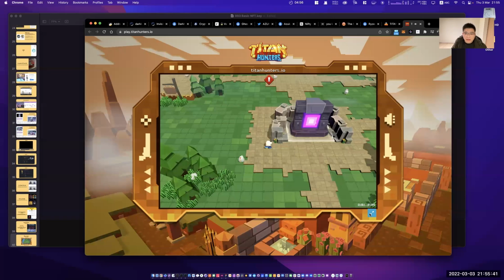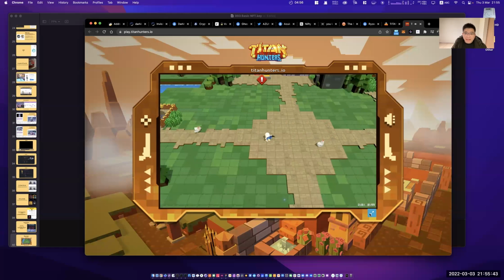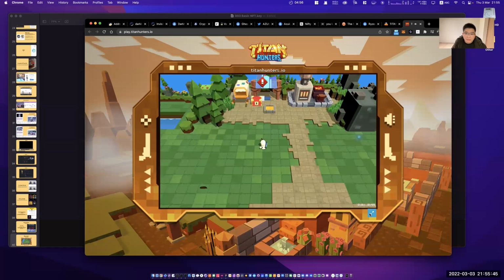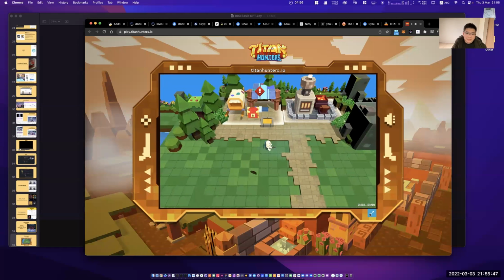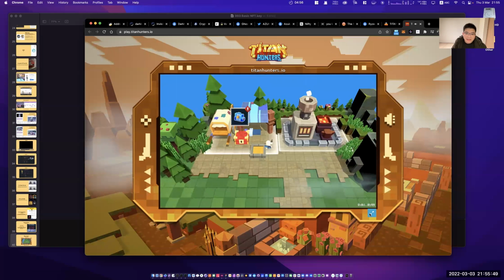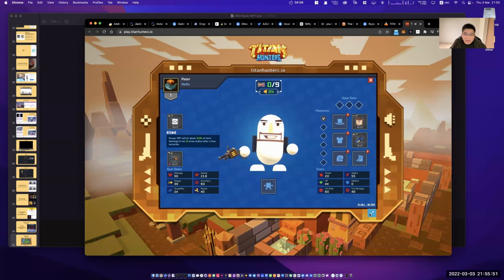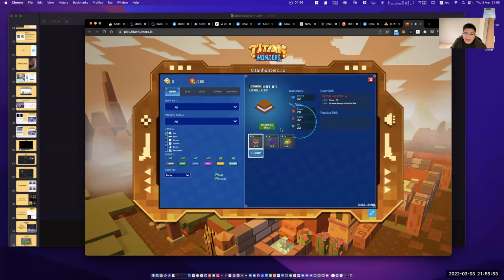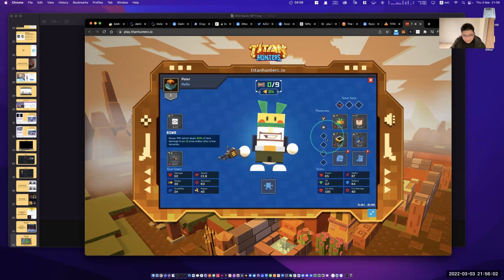Okay, so this one is still in beta test. If you have MetaMask, you can play this game. You have the items as NFTs, you have the item and you can dress the character.